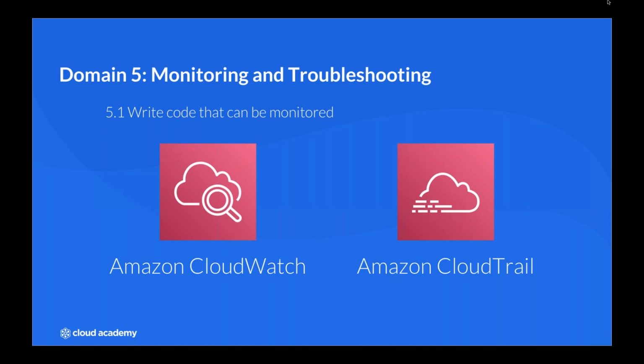So CloudWatch is really looking at the services themselves. So with CloudWatch Logs, I can look at the performance of the architecture. I use CloudWatch to look at metrics on an EC2 instance. So this is how something is happening. CloudTrail is the API calls that are made inside AWS. So what makes these things different? If I look at it from an EC2 instance, I could use CloudWatch and CloudWatch Logs to monitor my EC2 instance